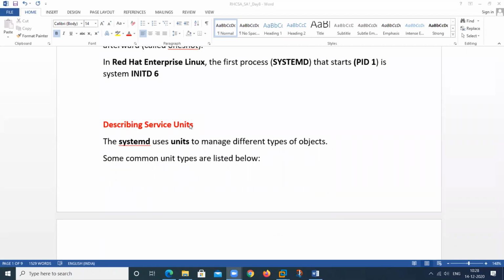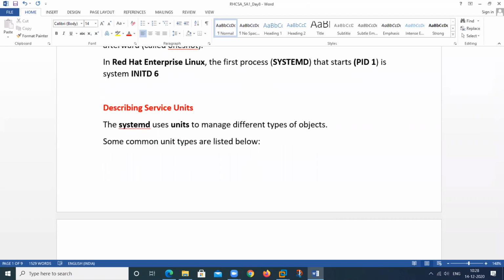In the OS, we have different units to control the services. So systemd is not alone. It uses the units to manage different types of objects. We want to start the service, we want to start the target, we want to start the path, whatever we want. So we should have the knowledge about the unit.